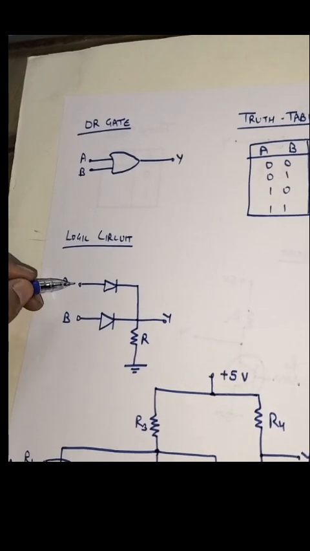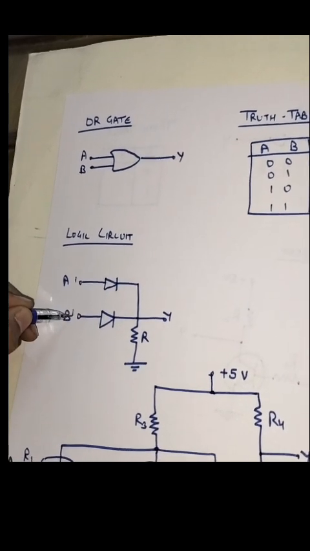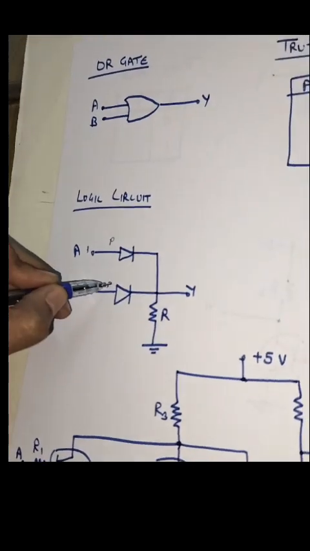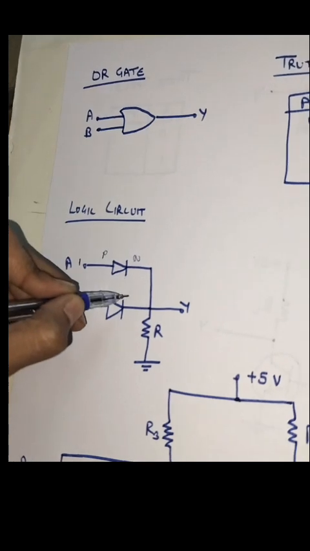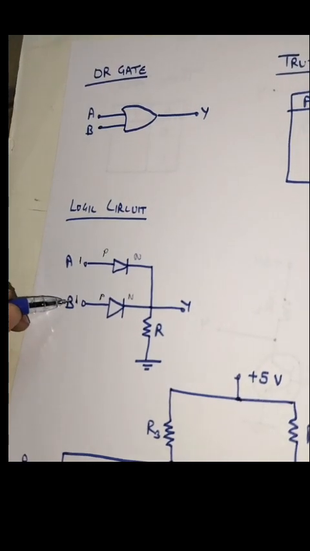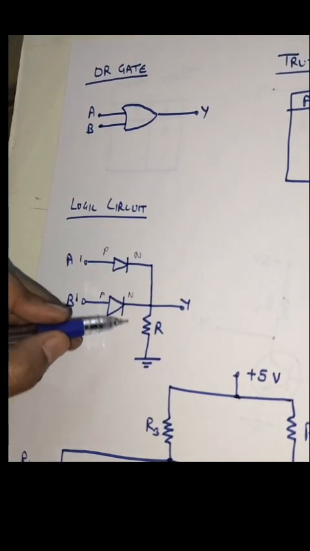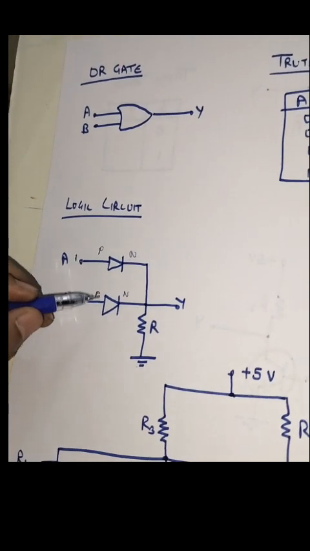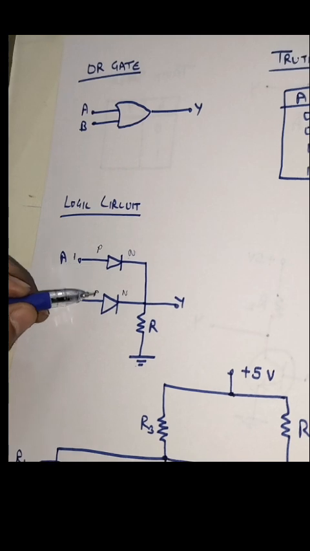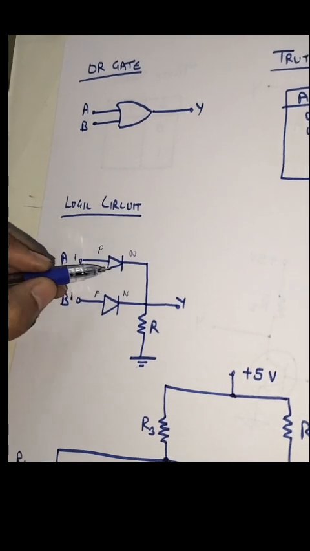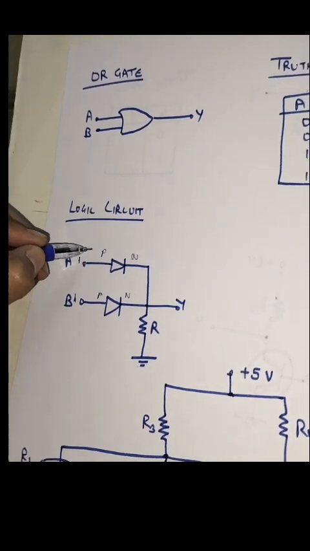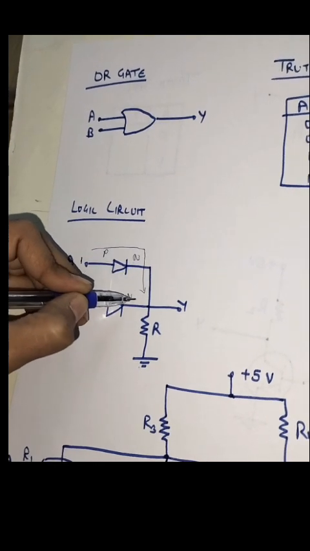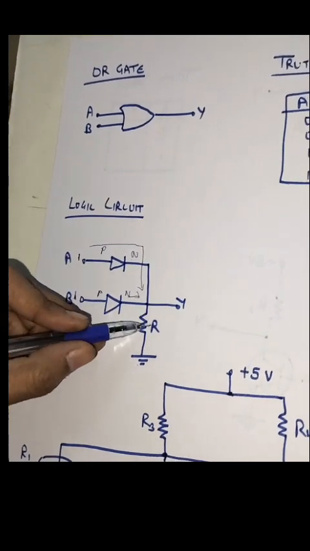When we apply a high logic, or 1, at one input here, this is the P side of the diode and these are the N sides of the diode. So when we apply 1 here, the other side is already connected to ground, so these diodes will become forward biased. You already know a forward biased diode conducts and allows current to pass through it. So current will start flowing in this direction and will move towards this direction, and as there is a resistor